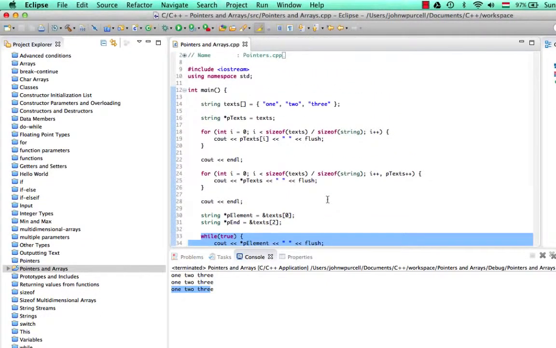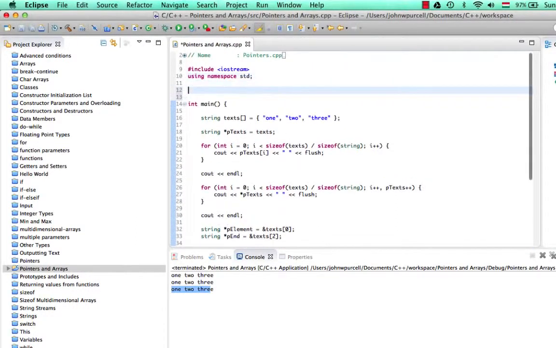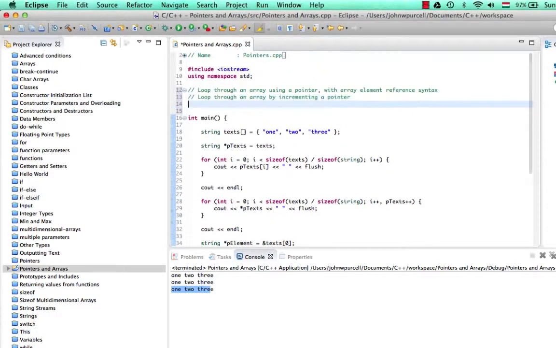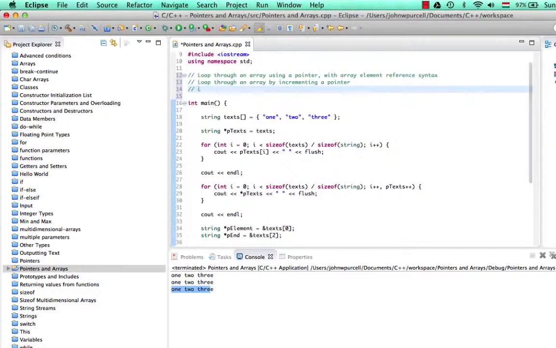Okay, so this has been quite a difficult tutorial, but what I'd recommend is, like I say, go easy on yourself and practice these things. First of all, loop through an array using a pointer with array element reference syntax. In other words, like this. Then try loop through an array by incrementing a pointer to the array,